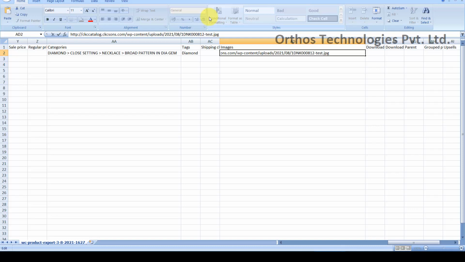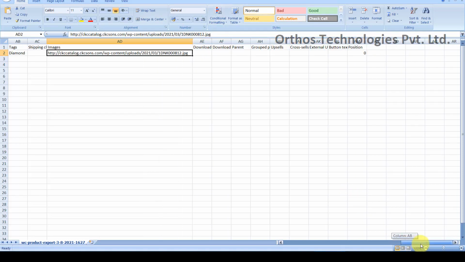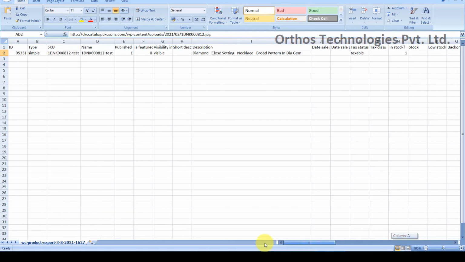So just check this out, and this is the image that is to be assigned to this new product. So that's it. You have to change these 4 main fields. Don't worry about this ID and all. If you delete this, it will be assigned by the system.